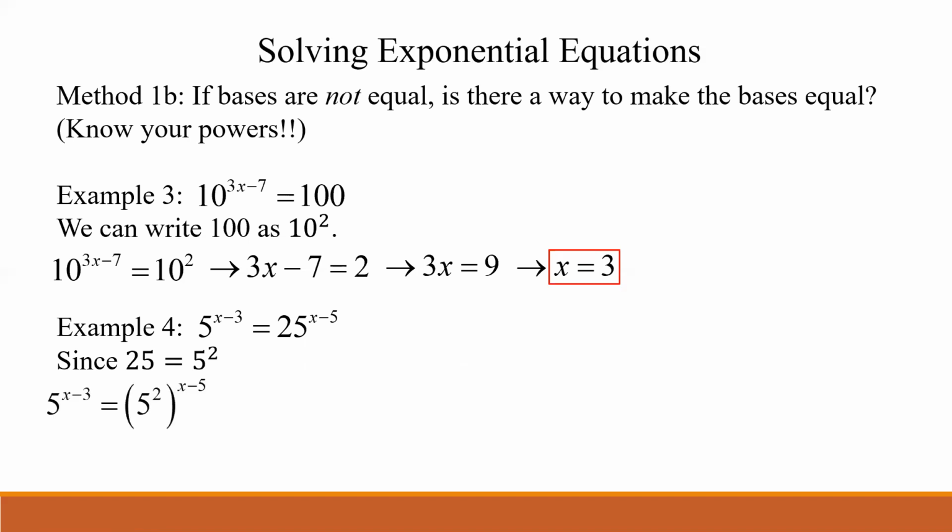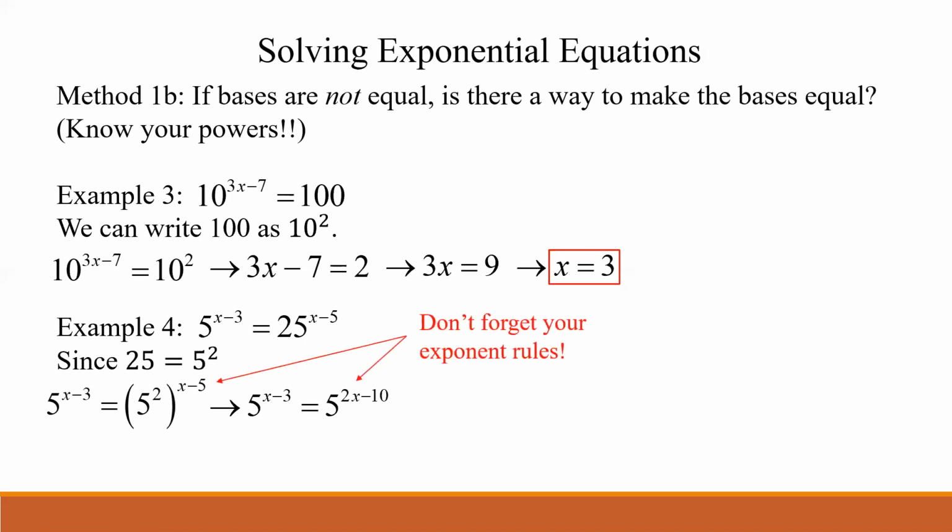So rewrite that. Now, in this case here, we do have to remember our exponent rules, right? So the left-hand side stays the same, but notice the right-hand side would be 5 to the 2x minus 10. Don't forget that rule, that's what we call the power rule. So you might have to do that sometimes too, okay? But now the bases are the same. Now the exponents can be set equal to each other. And again, just work on the algebra to get your solution, in this case, x equals